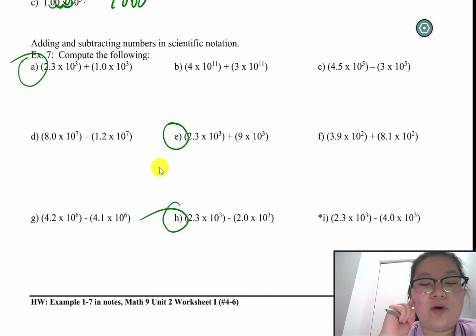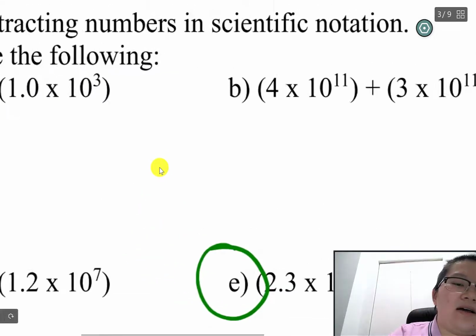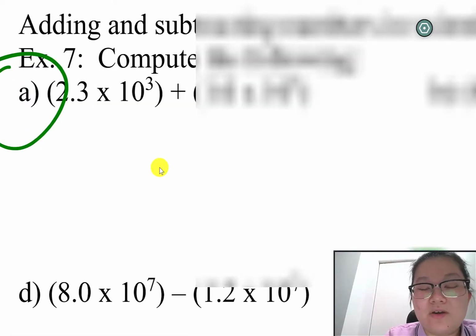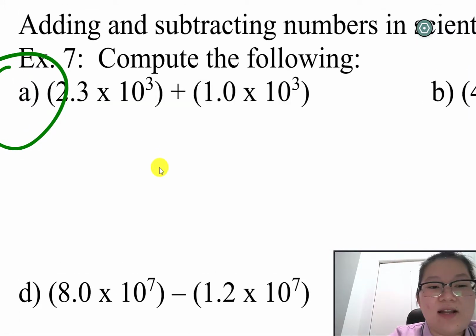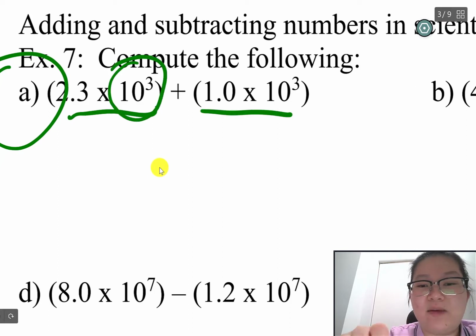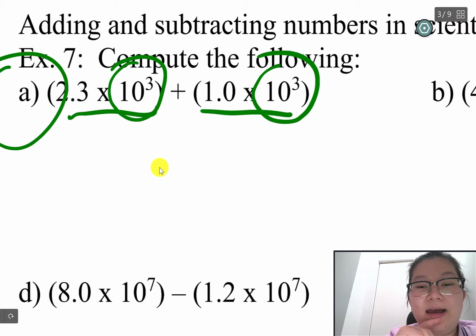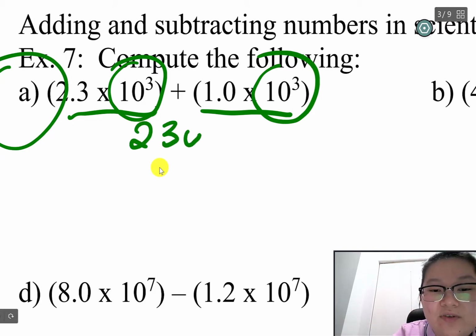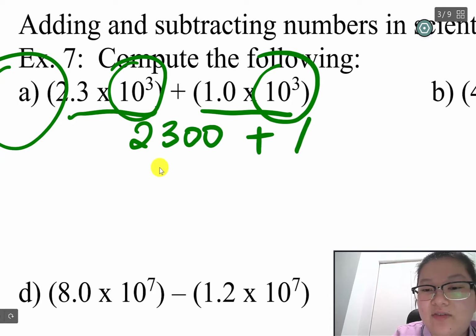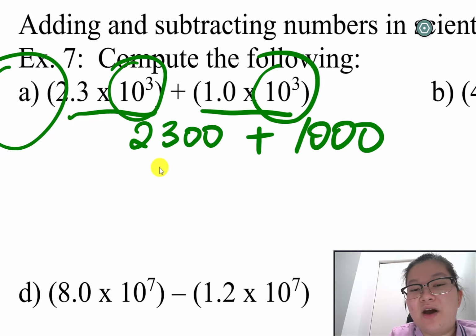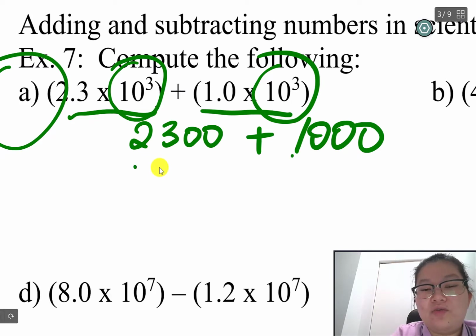So let's begin. Okay, so for A, notice that these 2 numbers have exactly the same powers. So if we add them, it's like adding 2,300 plus 1,000. Okay, so notice that because they share the same place value, I can just add the 1 to the 2 without needing to carry anything over. That gives me